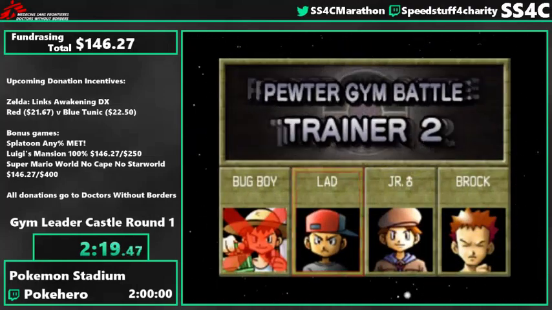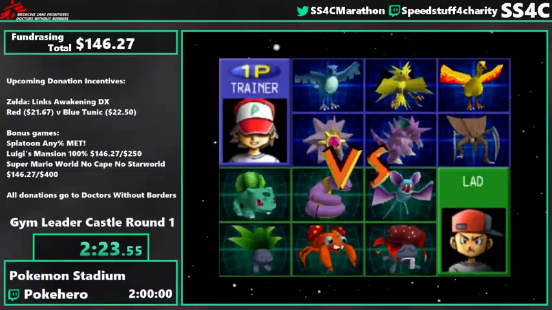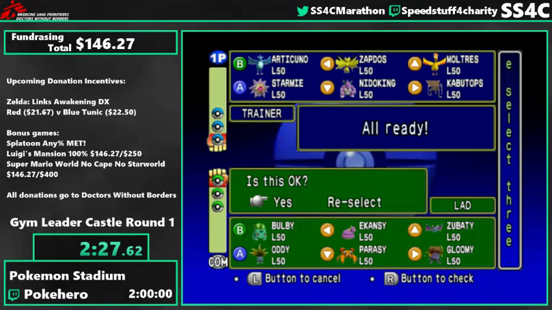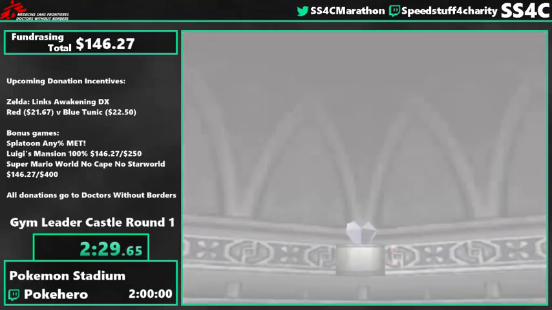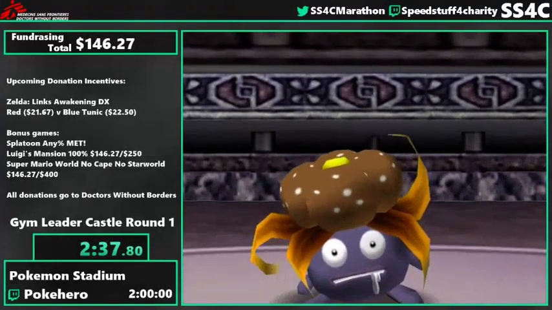Now, there's a couple things I need to talk about with this next battle. The run doesn't really even get hard until Koga Gym, which is the 5th gym. But this battle is a really good example of having a different strat purely because the move is faster. So I'm leading Articuno here,